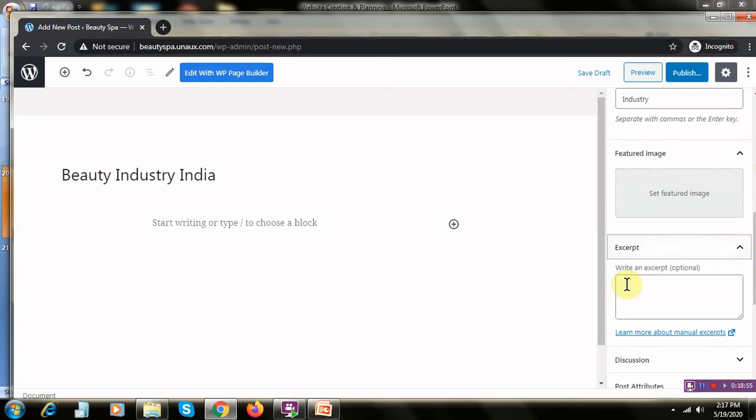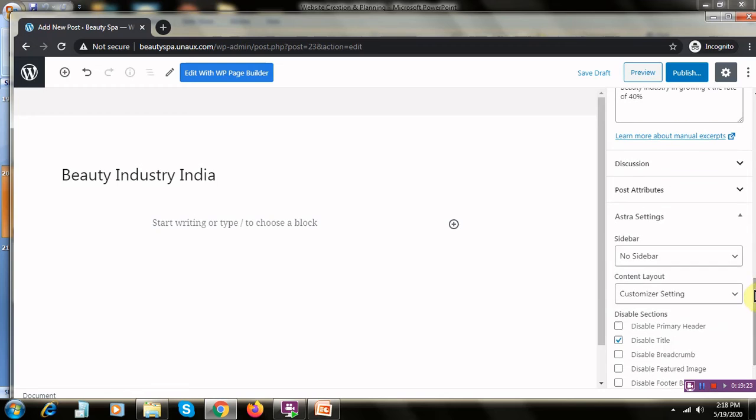Also ensure that you have the excerpt, which is optional. The beauty industry is at a peak stage in India, growing at the rate of 40%. So do a thorough job, so that it will be easy for them.